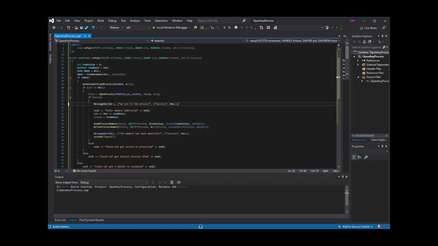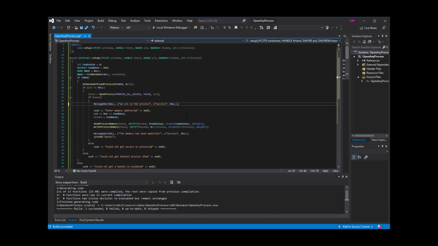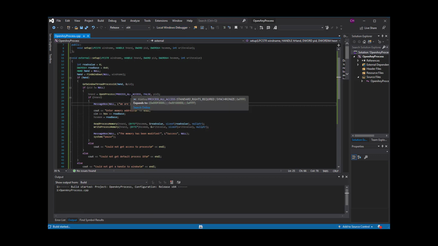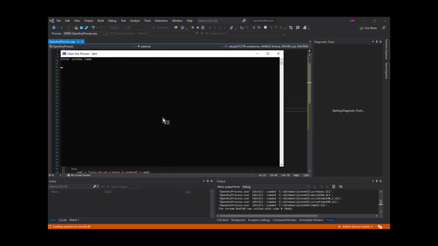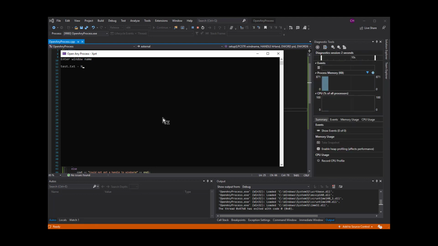Oh, I'm compiling. Oh, my bad. Anyways, so now let's run it again. Now the message box should pop up before this code even runs. So if we do test.txt-notepad,